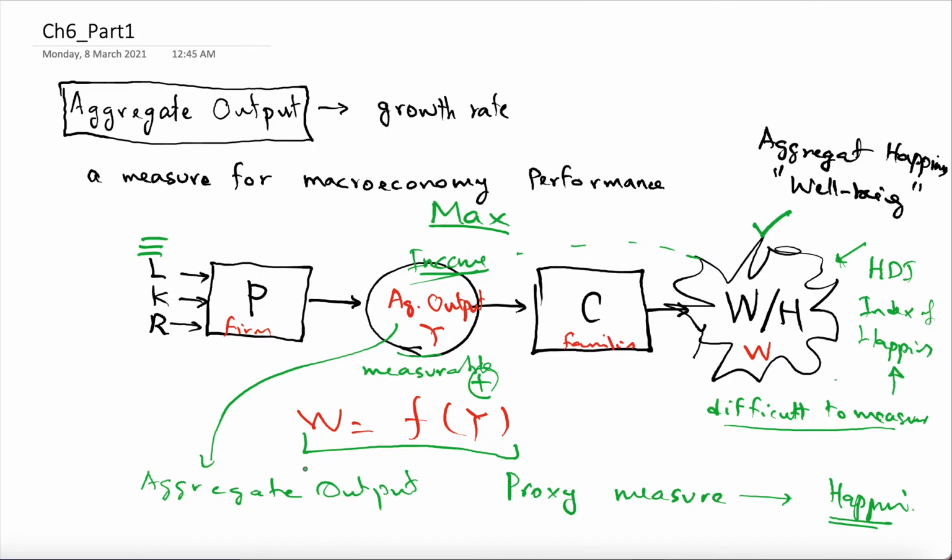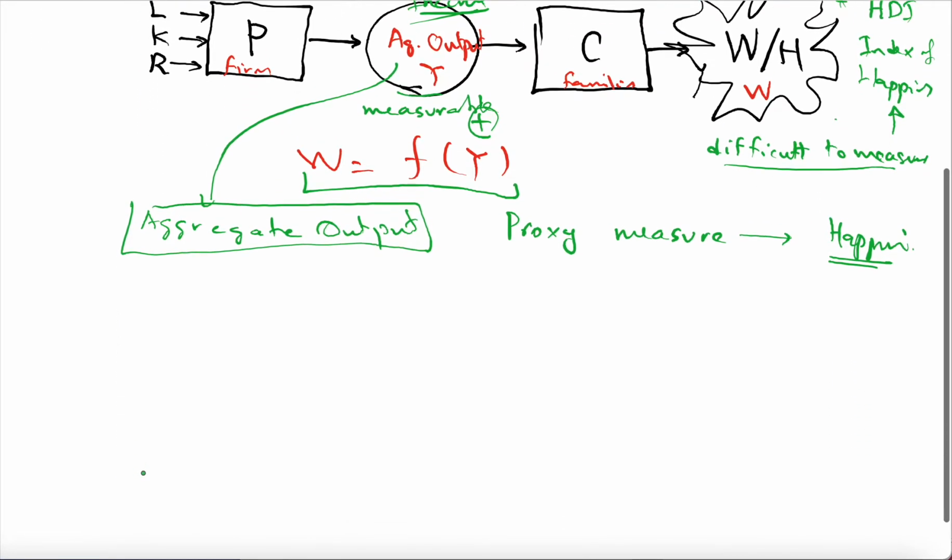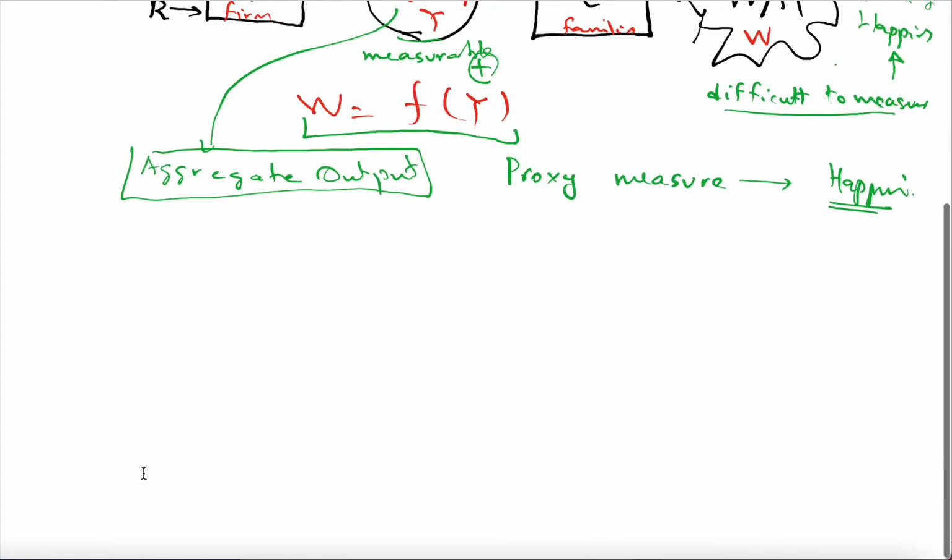They came up with the idea of measuring the aggregate output. Okay, for the aggregate output or aggregate income, several measures are introduced. For example, one is called gross domestic product, or net domestic product, and